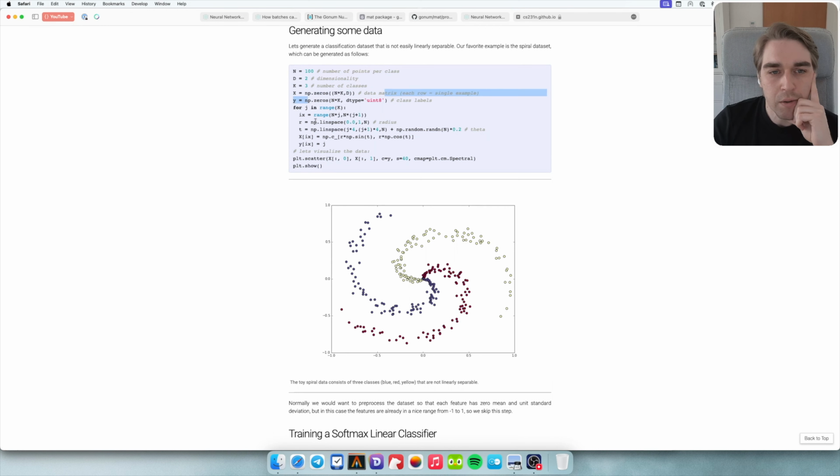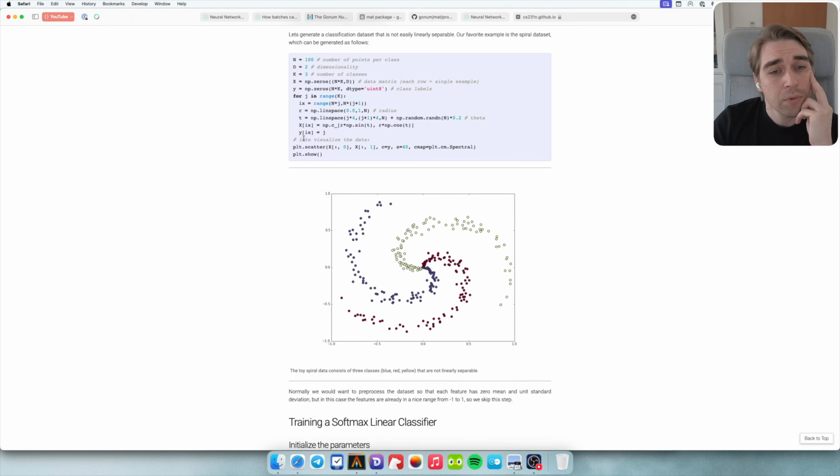X and y, then number of classes, dimensionality, number of points, range. Okay, maybe